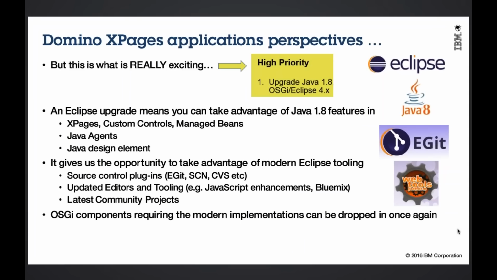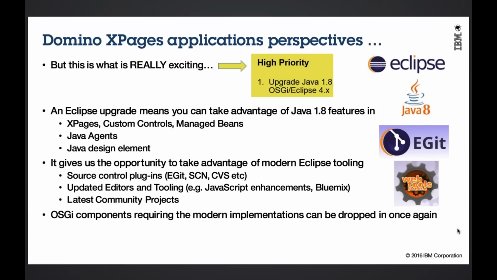with an Eclipse upgrade, we can take advantage of the Java 1.8 features. Under the covers in XPages, an XPage ultimately boils down to a Java class, and as users have grown in their sophistication and their use of XPages over time, they've taken advantage of managed beans and all of these things. So obviously the new capabilities of Java 1.8 can bleed through to all of the XPages artifacts, to Java agents themselves, to the Java design element that we introduced a couple of releases ago. All of those things have a direct Java benefit. But of course, there's the